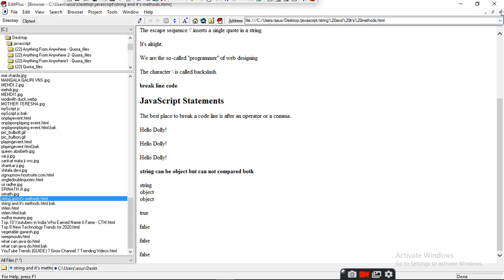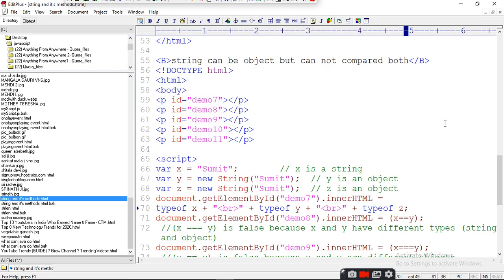Clear? So string is Sumit, and object is new String Sumit, for y and z. Now you have to compare all of this. In document.getElementById demo8 in your HTML, x == y.